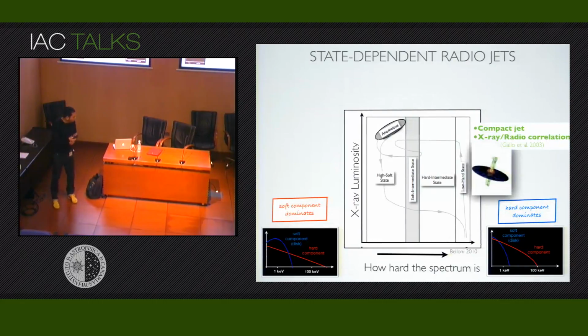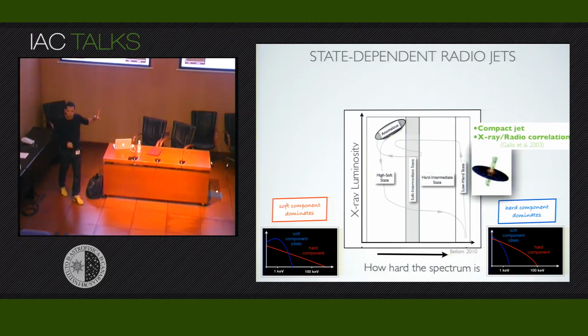But all what I've been talking about before was related to X-ray observations. However, the radio jets, so the radio emission, the opposite part of the spectrum, also correlates very well with these X-ray states. For instance, we see a strong compact jet when the system is in the hard state, so when the system is dominated by this high energy emission,